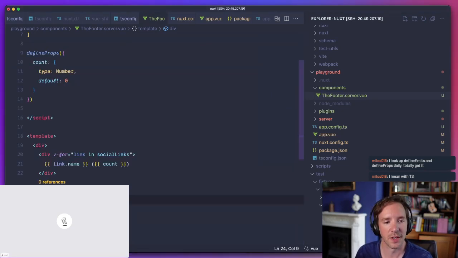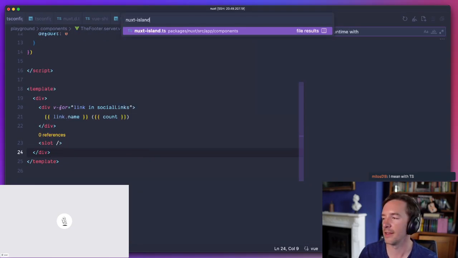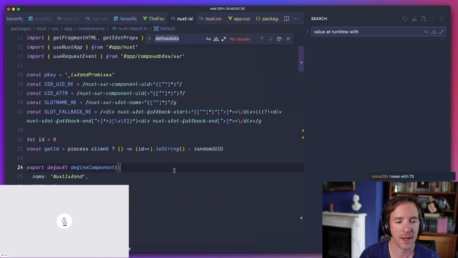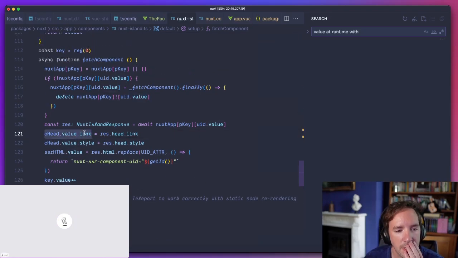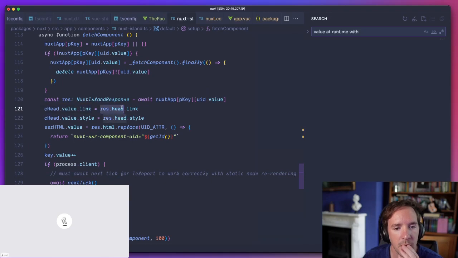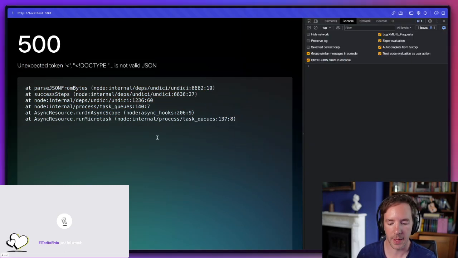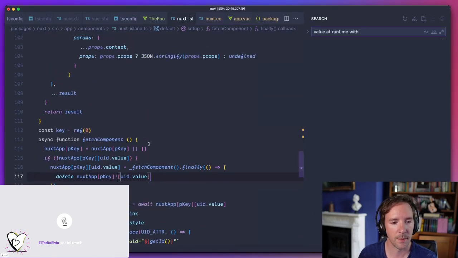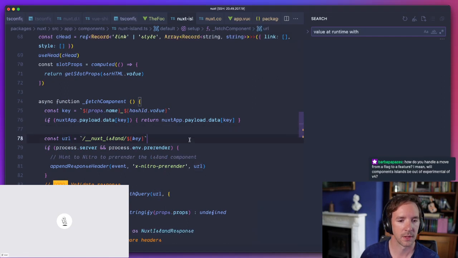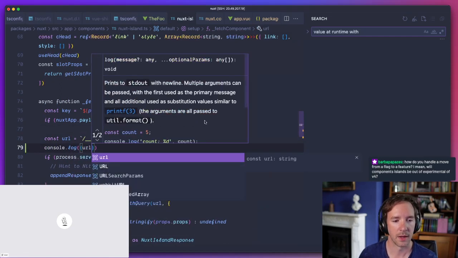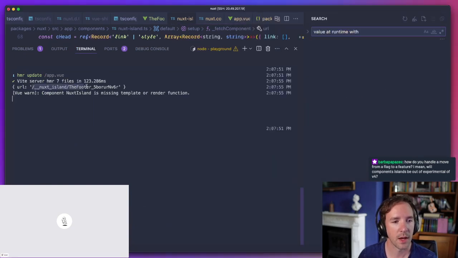But there's an issue here, and I think, what could it be? So it's trying to read link. Do you mind if I dive into it? It's probably quite boring. No, it's fine. What's happening is almost certainly we're trying to get the response there. Let's see what the request we are making is. I'm just going to console log the URL so I can grab it and make a request. Okay, so that's what it is.